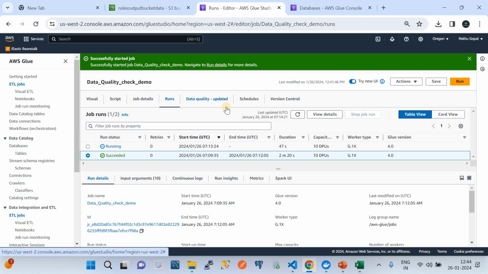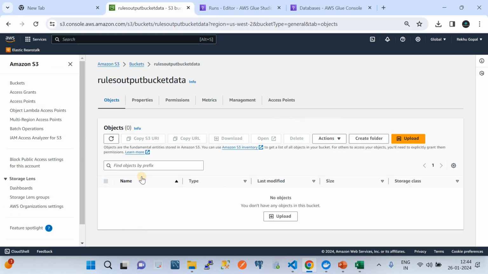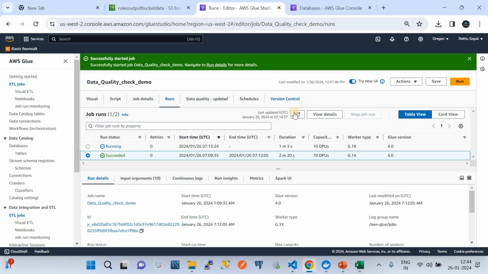Okay, so as you see, now it has been 47 seconds. That job is running, now it's almost 1 minute. That job is running, which I just now invoked. And what are we doing? We want to see the output in the rules output bucket, which is currently empty. Once that job gets completed, we should see some Parquet files getting loaded in this bucket,